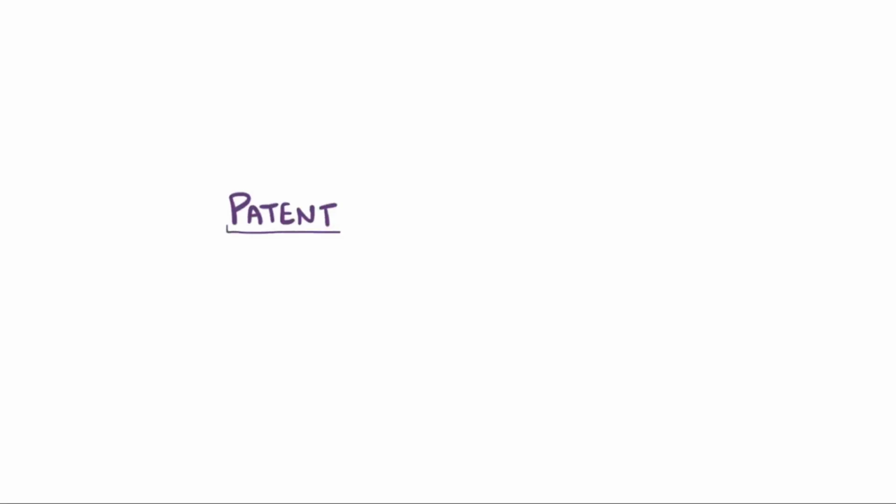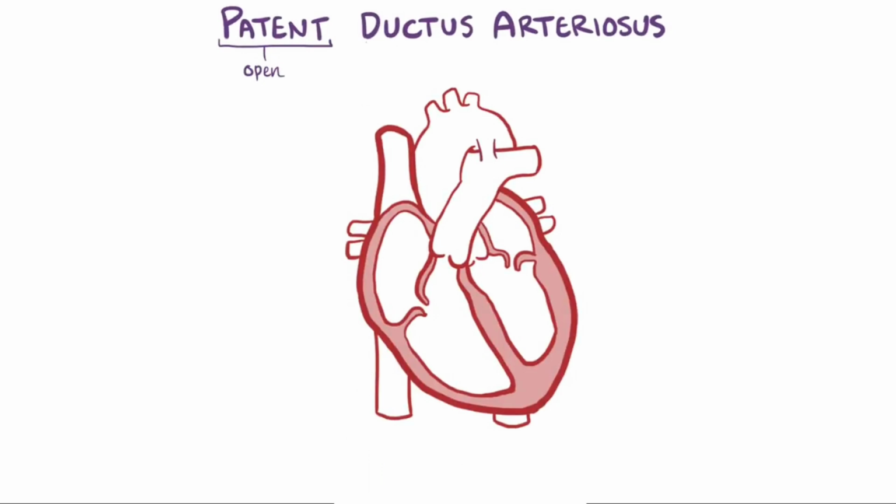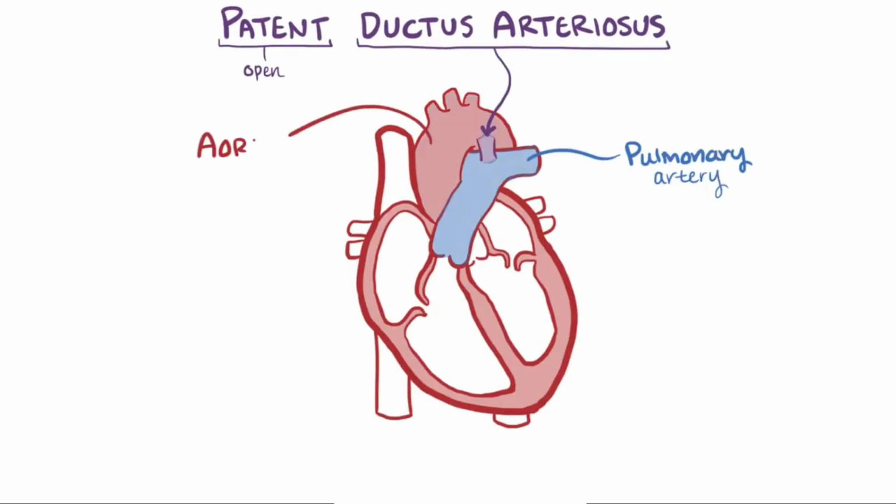Patent, not patent like an invention, refers to some opening, and a patent ductus arteriosus, which I'm going to call a PDA for short, refers to a blood vessel, the ductus arteriosus, which connects the pulmonary artery to the aorta during fetal development. The ductus arteriosus is right on the aortic arch, where vessels are branching off to the brain